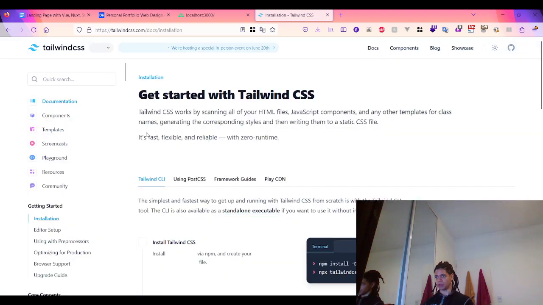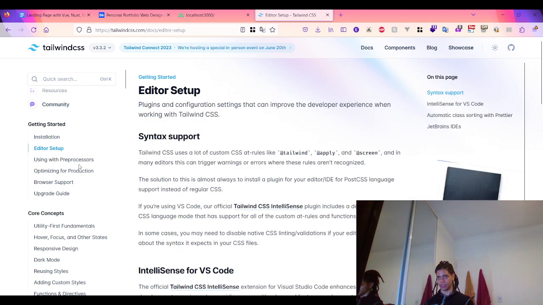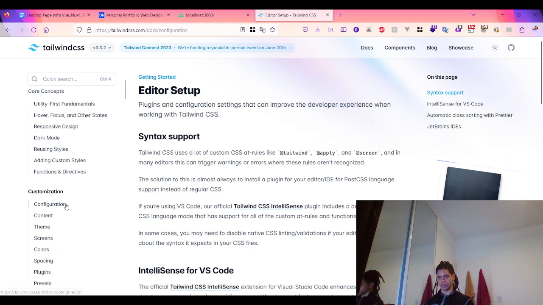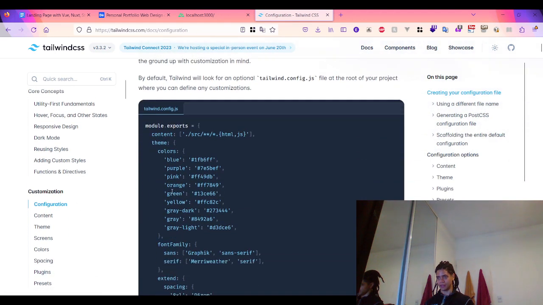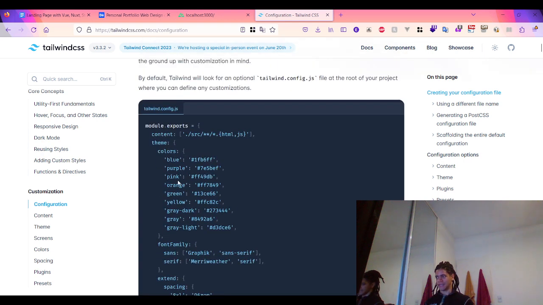When you look at the docs here, for example editor setup, using preprocessors, optimizing, utility-first, customization, the configuration. So for example, if I want to use a different theme, let me first look at